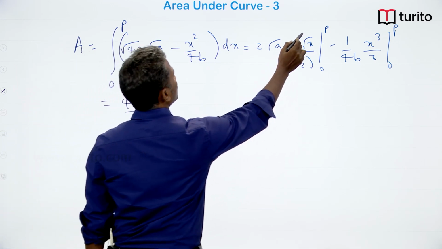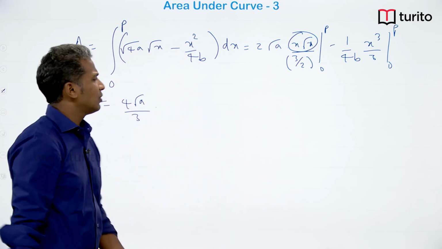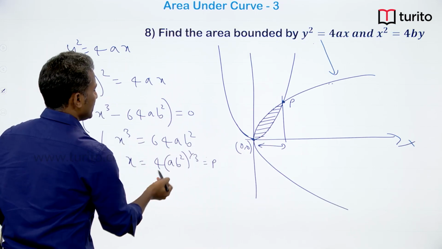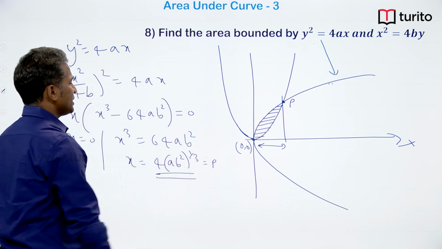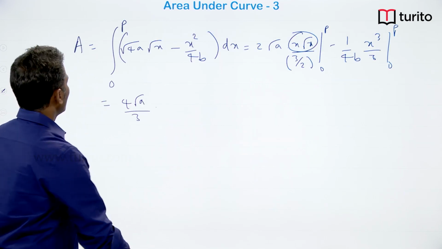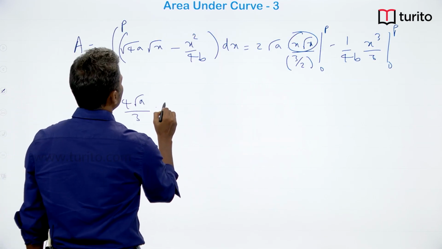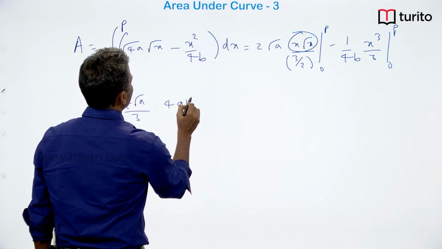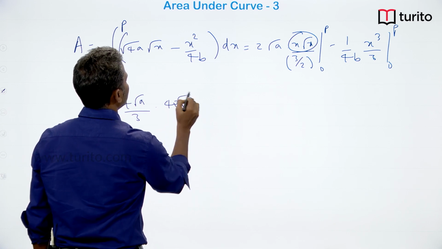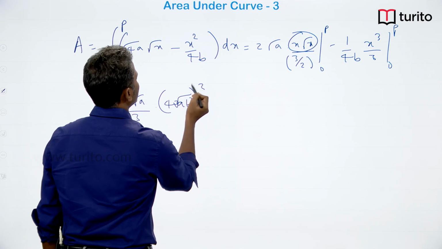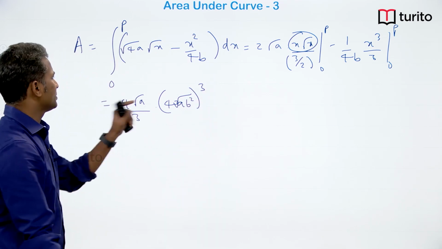Basically, this is root x whole cube. Now, what is the value of p here? It is basically 4 into (ab square) whole raised to 1 by 3. So, when I put it, I will get 4 into cube root of ab square, whole raised to 3. So, this needs to be simplified,